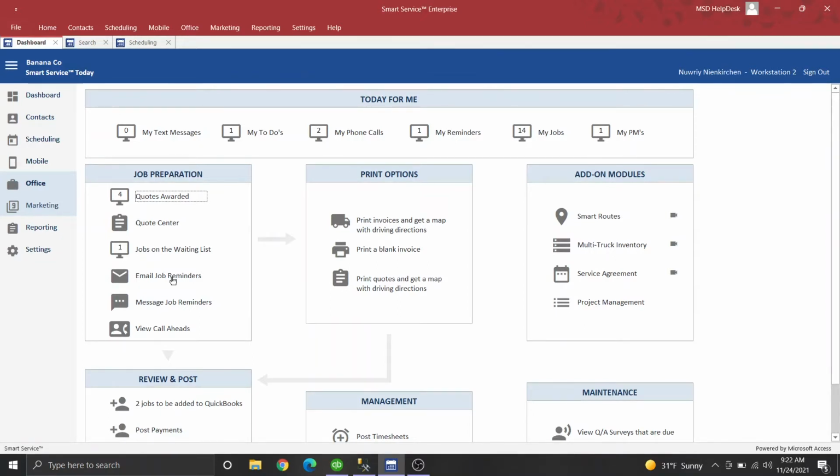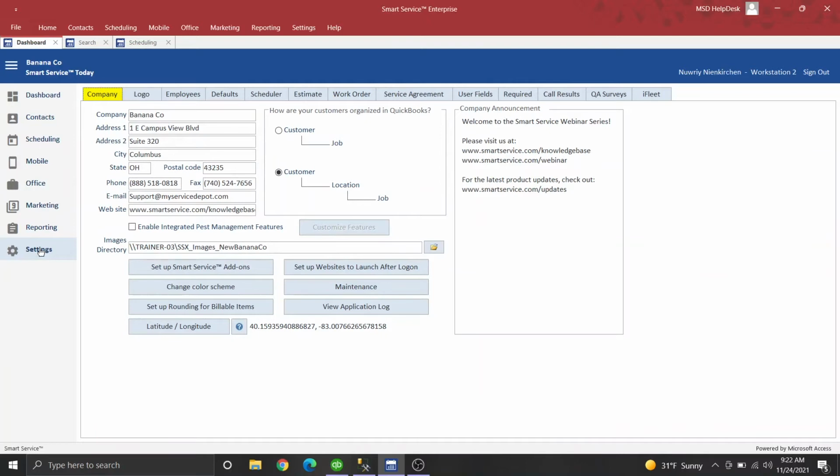So before you start diving too deep into this, what you need to do is set up some template messages that should be sent to your customers using these reminders. To do that, you'll need access to your settings section. Now, not everybody's going to have access to the settings section. This is something that's usually limited to our administrators, so if you don't have permission to do this, talk to your office administrator, see if they can get these templates set up for you, or get you the permission to get in here yourself. But on the first page, the company tab here, we're going to click on this Setup